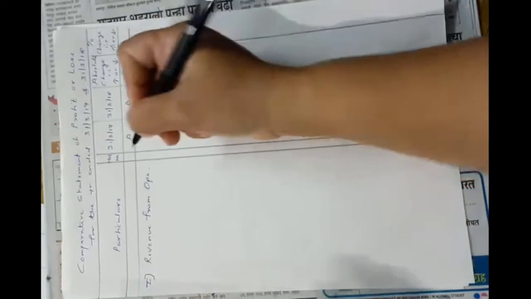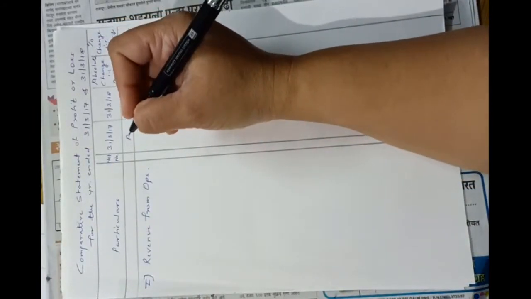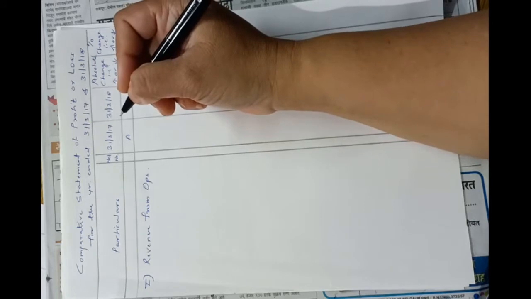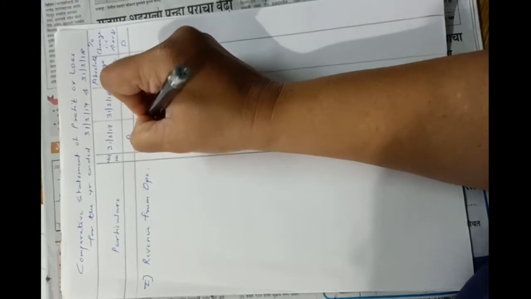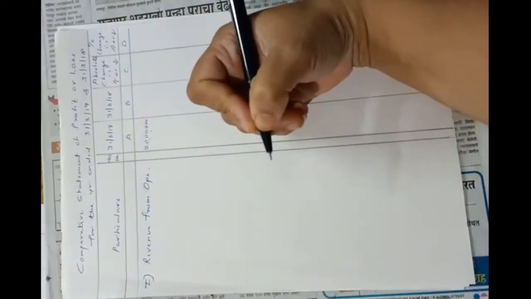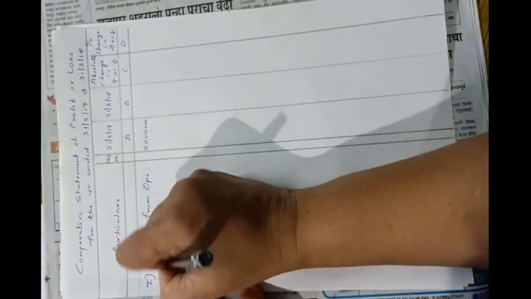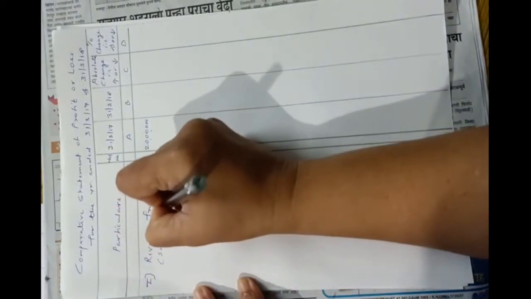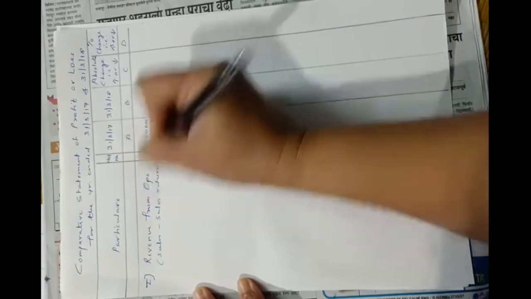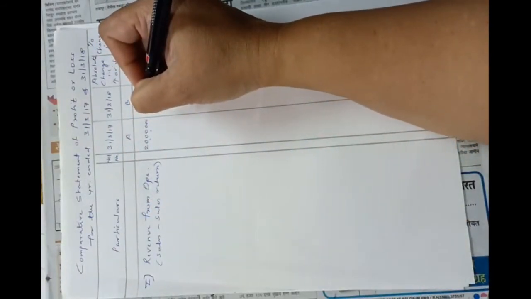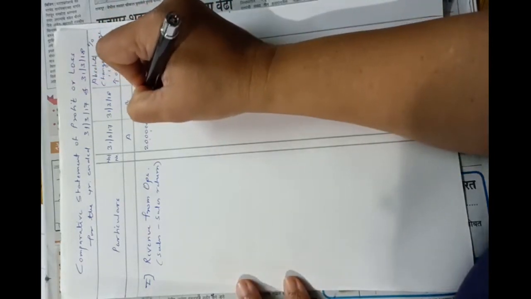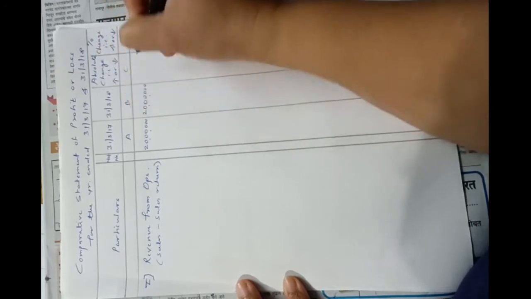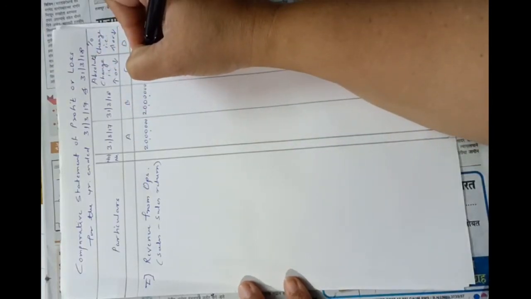Revenue from operations, the amount of 2017 is 21 lakhs, and after deducting sales return it will be 20 lakhs. You can prepare separate notes to accounts for that, otherwise you can write here sales minus sales return. Revenue from operations 20 lakhs and 24 lakhs minus sales returns 4 lakhs, so again 20 lakhs. So change is nil, so percentage is also nil.